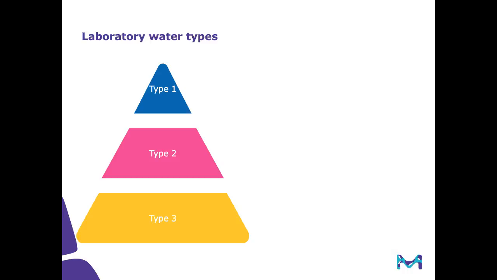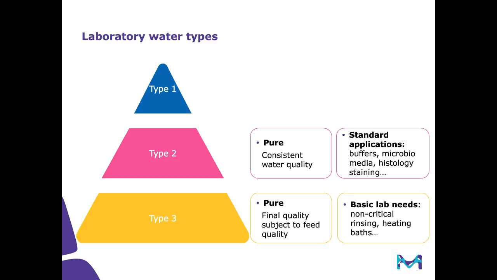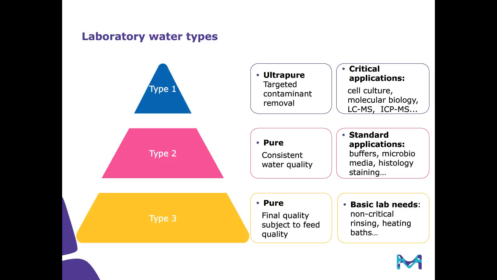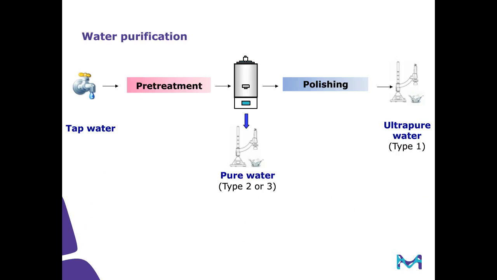All right, so how is water purified? Well, there is not one single purification technique out there that allows you to have extremely pure water directly from tap water. So in many cases, the way water is purified is in 2 steps. The first step is called pretreatment, and this really removes the biggest amount of contaminants, over 90% in most cases. And then the second step is called the polishing, and that step removes the traces of contaminants that are left in your water in order to generate ultra-pure water.